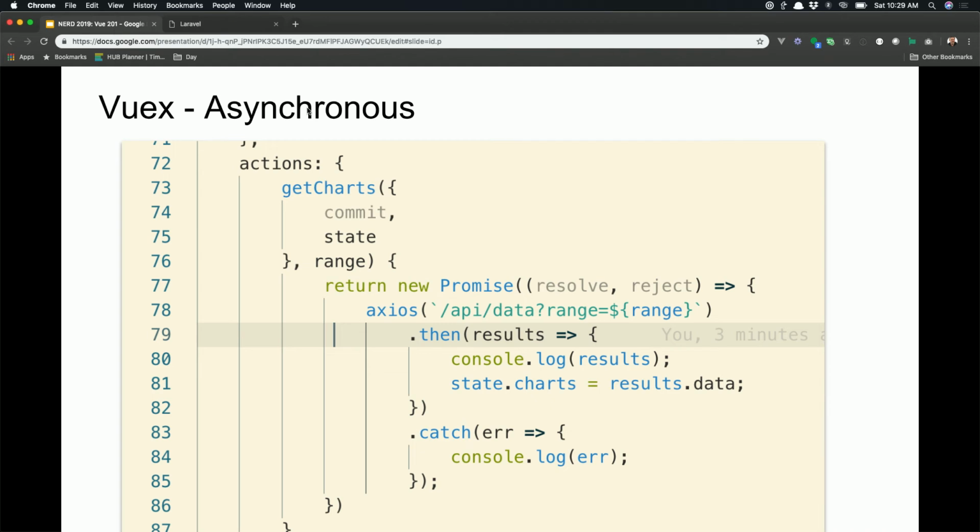The last part of Vuex I want to talk about is actions. So we've talked about state, getters, mutations, and now we're going to talk about actions. Actions are probably the more complex thing. They're an asynchronous process. So that Axios work I've been doing in the range, I can move into my Vuex and centralize a lot of my state logic in Vuex. It's just a nice place to centralize some of this, and I can use it in different components.